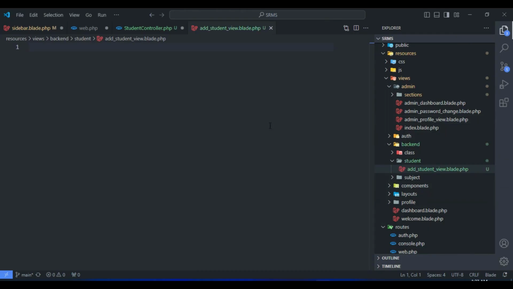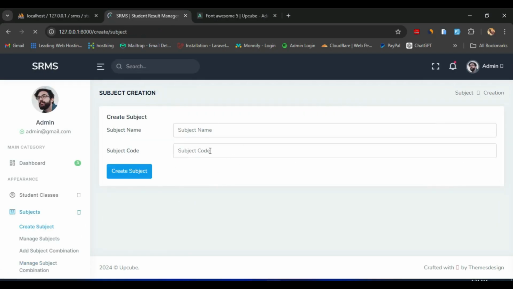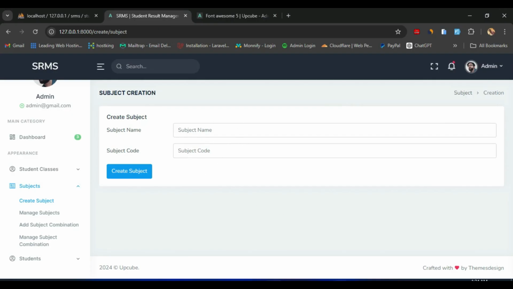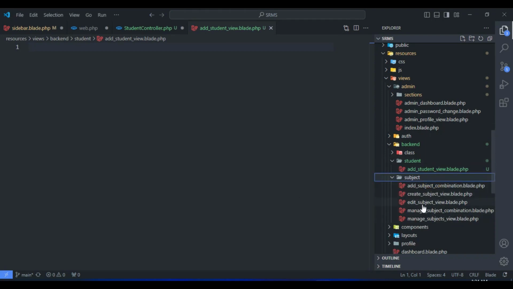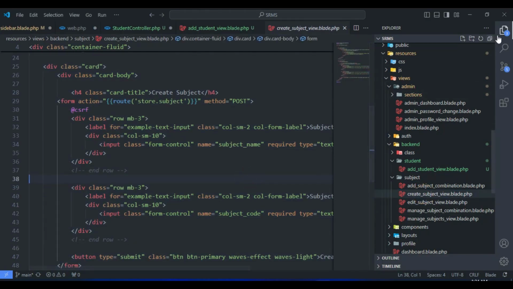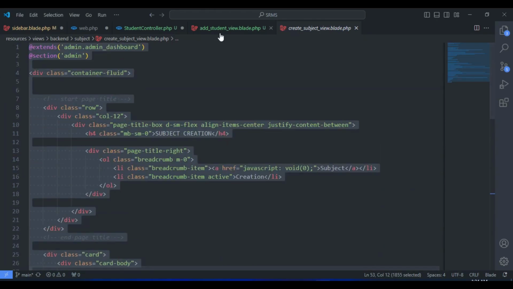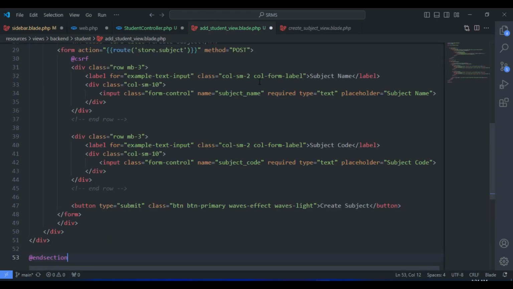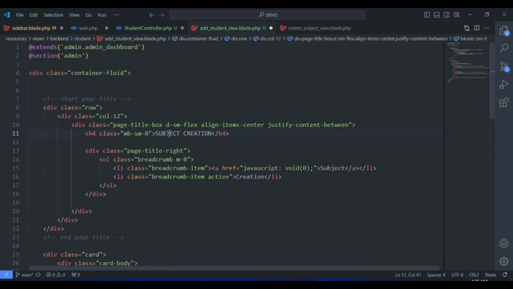Now let's copy our create subject view, which is this view right here, create subject. Let's copy this and then begin with that. All right, let's go back to our source code. Let's go to our subject directory and find our create subject view, which is right here. So let's copy all. Let's get back to our add student view, paste this right here. Now let's start working on our header section. So let's call this student admission